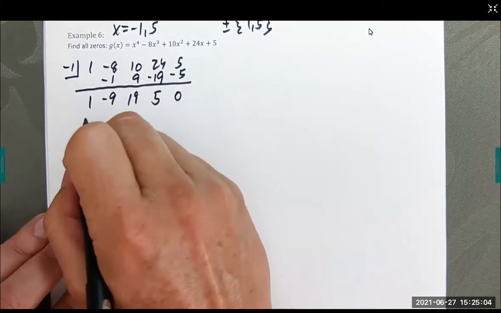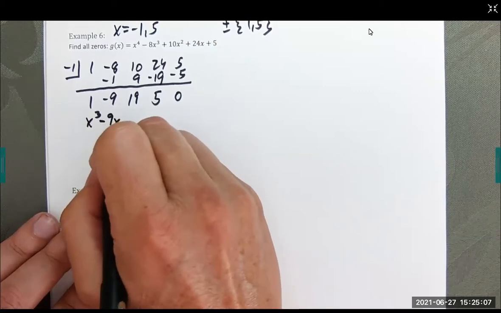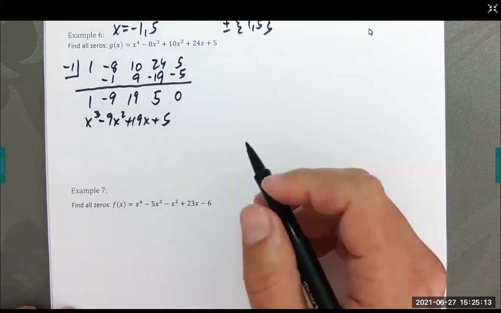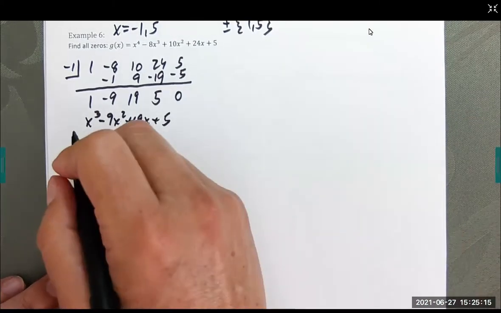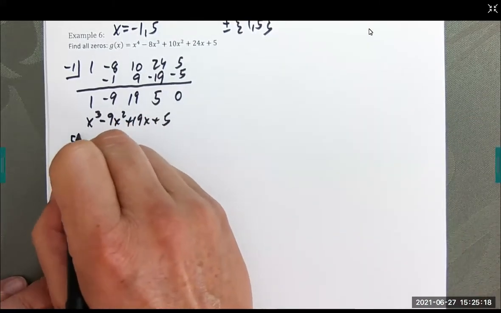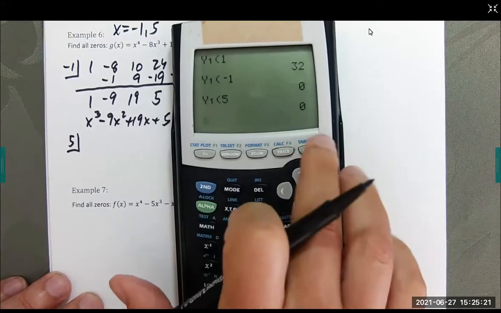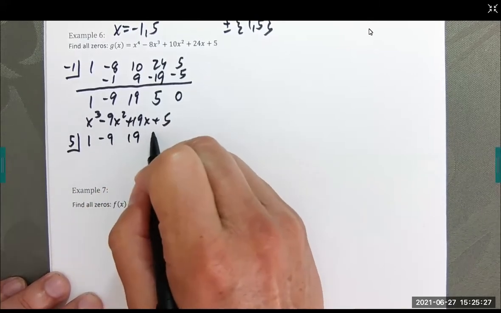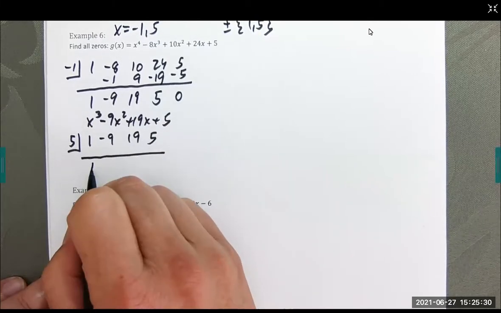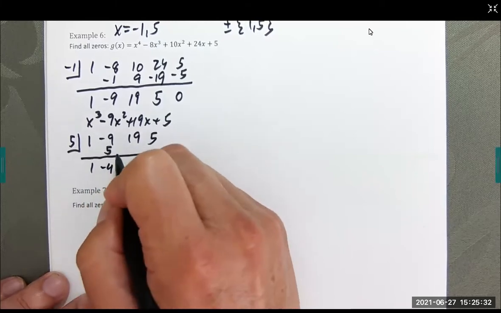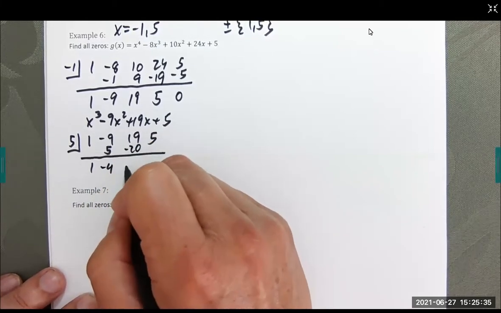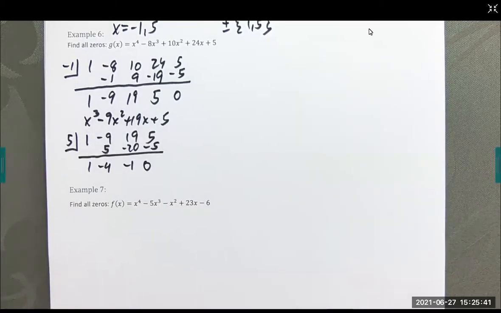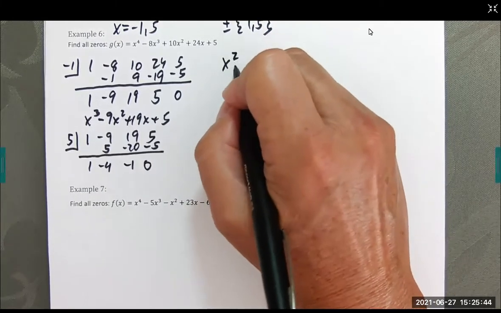So this gives us x cubed minus 9x squared plus 19x plus 5. And we're going to run synthetic division again on that. And we know 5 is a solution. We just figured that out because of our fancy little trick there. We got a 0 remainder. So we have 1, negative 9, 19, and 5. 5, negative 20, negative 5, and 0. Okay. So we have found 2 of the zeros, and we are now left with x squared minus 4x minus